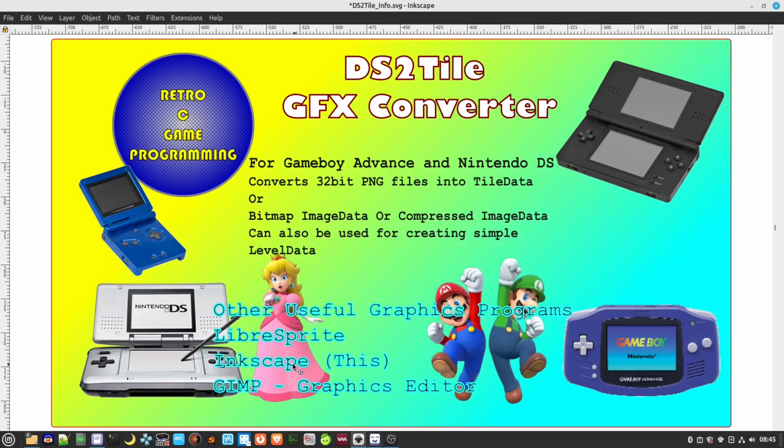And then another program is Inkscape, which is this program here. This allows you to create nice vector graphics, and you can always convert vector graphics to pixel graphics later on, which I do many times. So for example, this nice font here, if you wanted something like this on the Game Boy Advance, you could